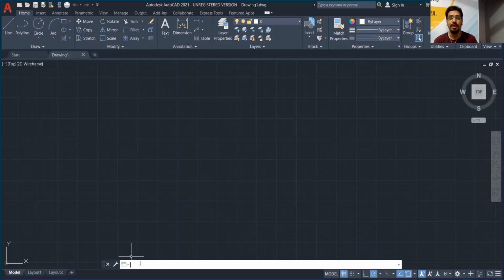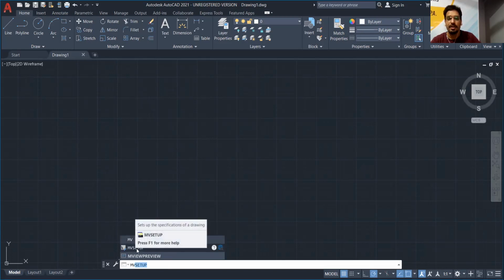So we have to type MVSETUP in the command box. When you type MV, you will get the option here. Either you click it or type the complete MVSETUP.